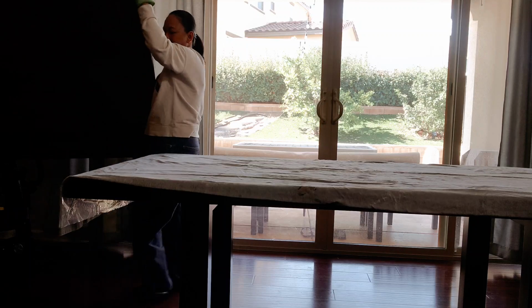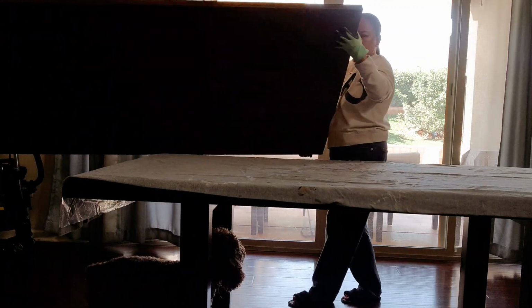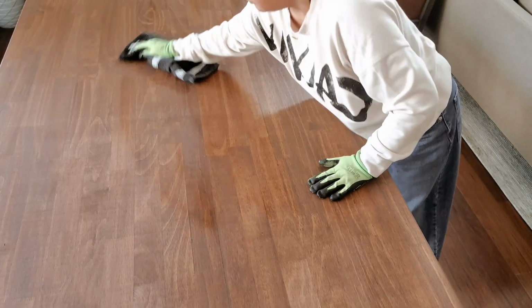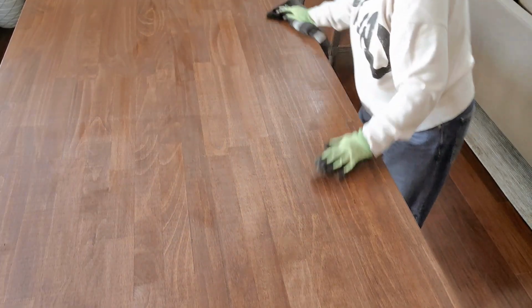I feel like I can do it, but it's been 8 long years that I've waited for this door and I don't want to mess it up. So I hired a professional just to hang this door for me. And since this door is going to be placed between the bathroom and the bedroom, I want